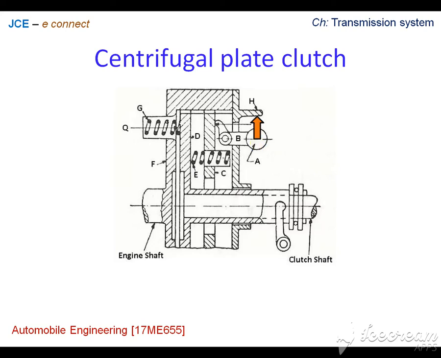Due to this, there is a force which is exerted on plate C as shown here, and since it is spring loaded, there is a force which in turn is exerted from C to D as shown, and because of this we have a reverse force from the spring which is from the flywheel end, and this causes a firm grip to be established between the clutch plates and the flywheel, and as a result the entire assembly becomes one unit, and the power is transmitted from the engine shaft to the transmission shaft.